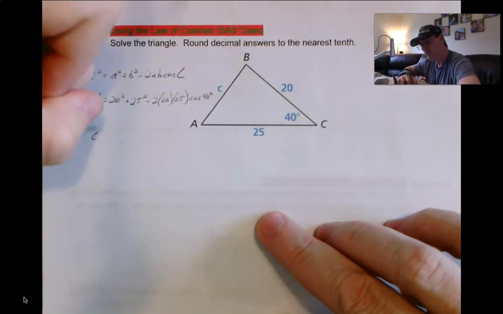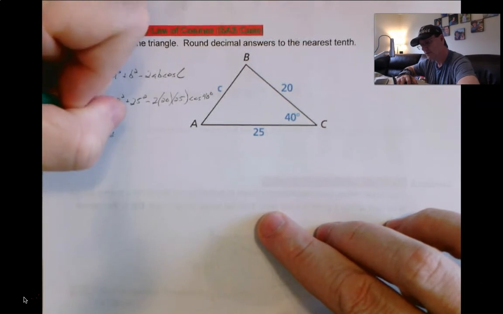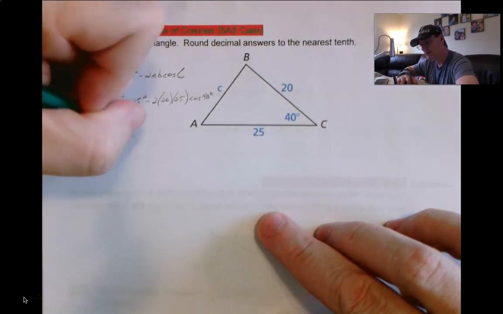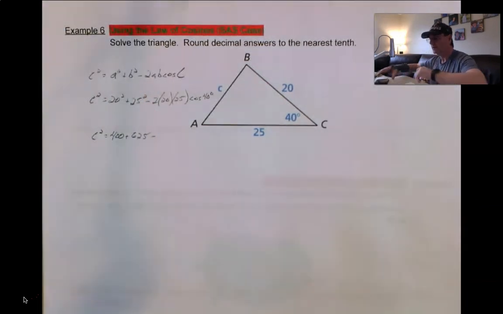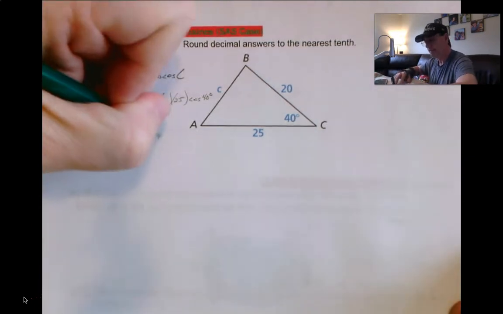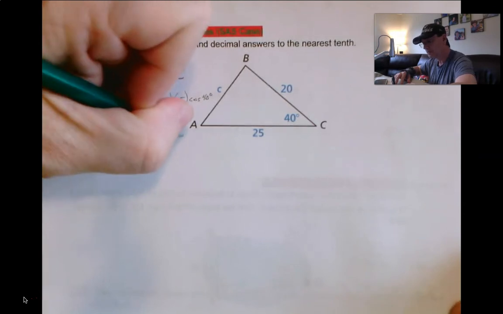C squared equals 400 plus 625 minus 40 times 25. 4 times 25 is 100. 1,000 cosine